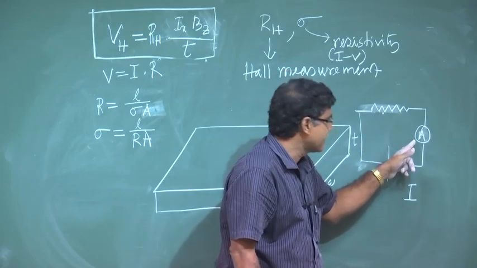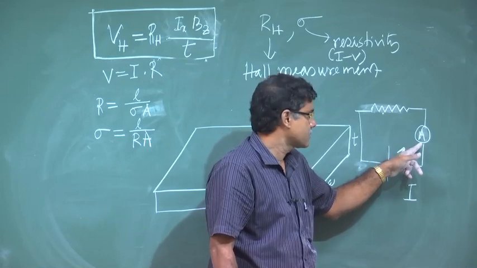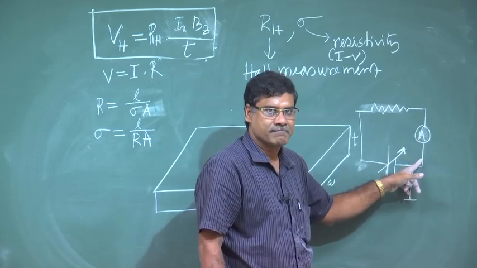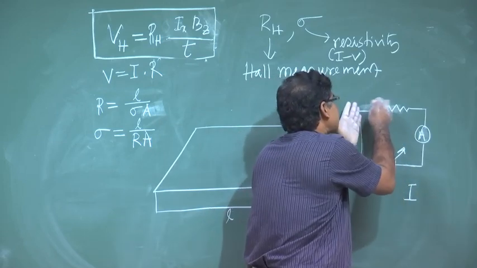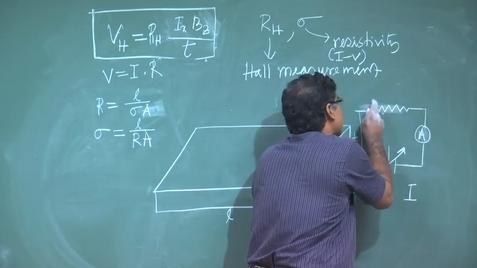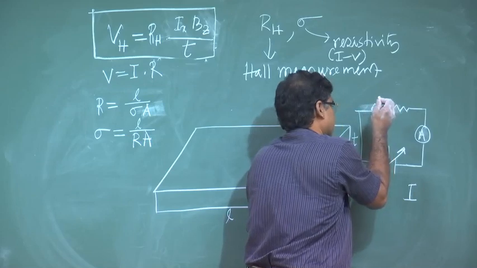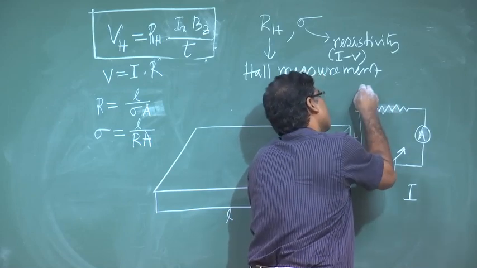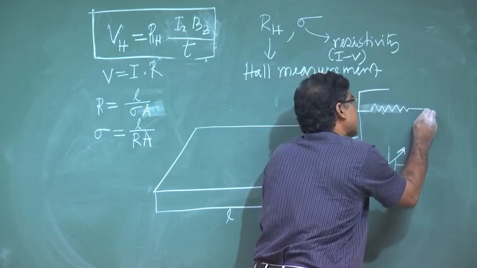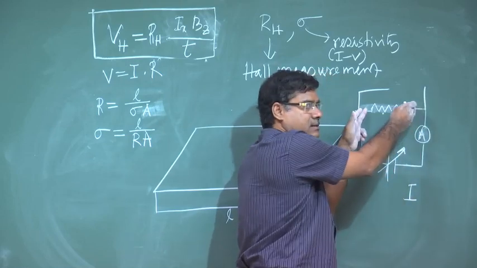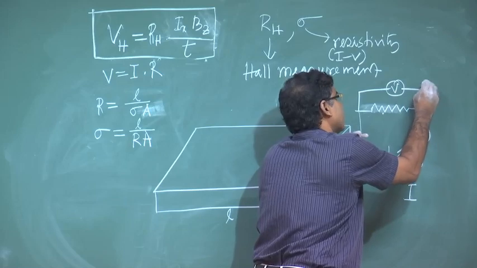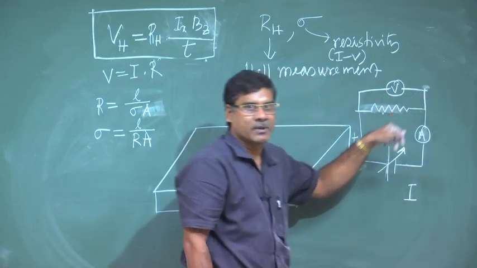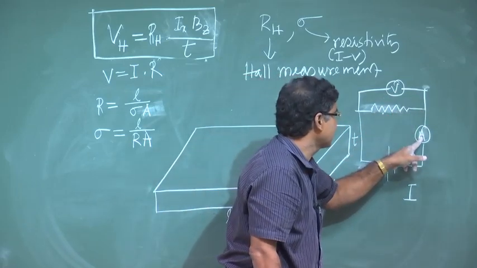Now, I set a current in this circuit, and that current is I. This current is passing through this resistance, so I have to measure the voltage drop across this resistance. So, I have to use a voltmeter here. I set the current in the circuit,